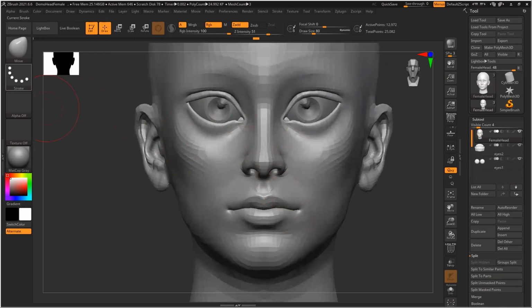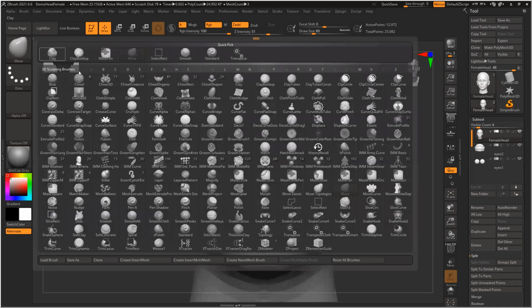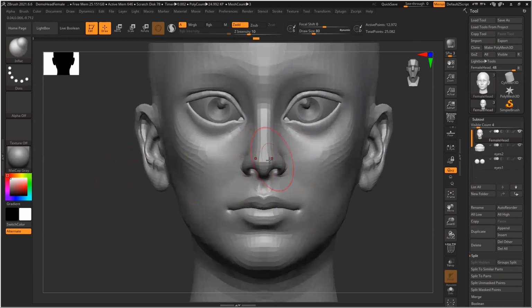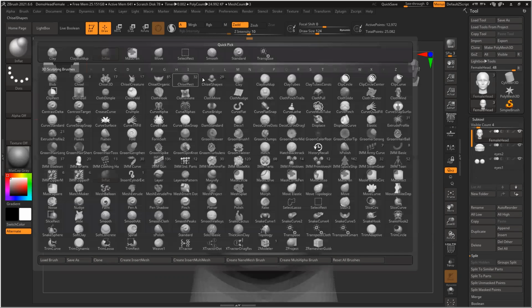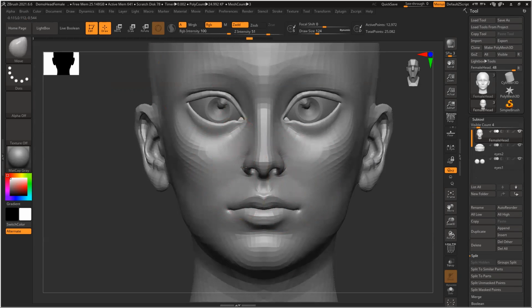This nose, I have to reduce the nose. An easy process of reducing, use the morph brush. Or sorry, use the inflate brush, alt. I can use this, but it's creating a problem. So I'll use move only.